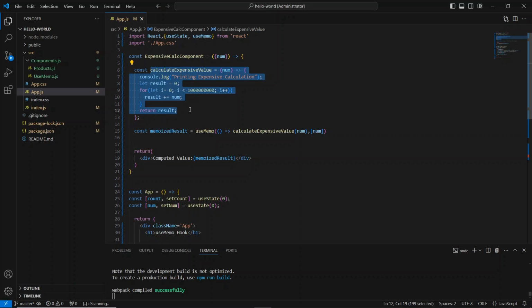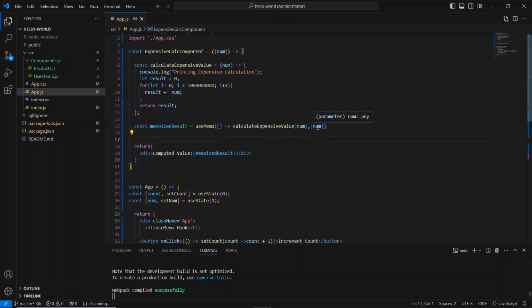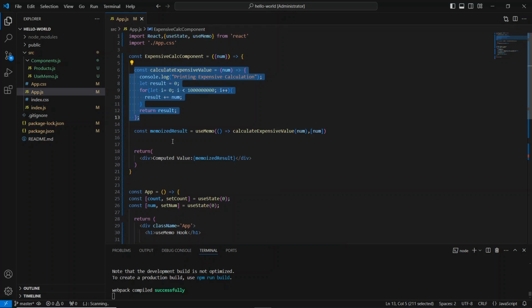It means we are just storing the value of that particular function in a cache. So this function need not be called for each and every render of the component. It will be called only when there is a change in this dependency array. The dependency array here is the number. So whenever the number is changed, this particular function is called, and